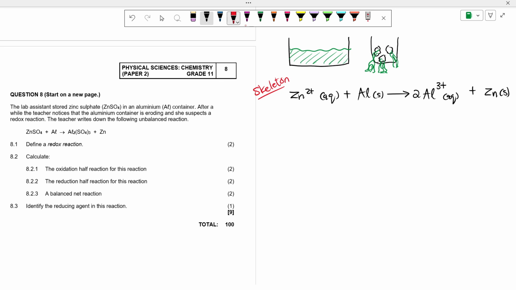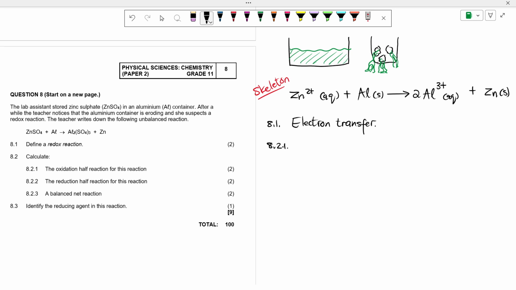Define a redox reaction. Do you remember? No. Okay. Then that's one of the definitions you need to remember to mark down so that you can revise. But it's just a reaction that involves electron transfer. So there's electron transfer in redox reactions. One thing is going to lose electrons, another thing is going to accept electrons. So we say the electrons are being transferred. Okay,